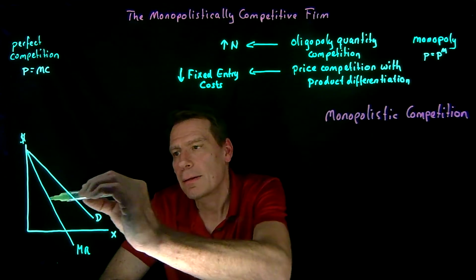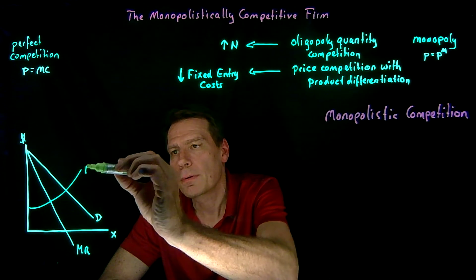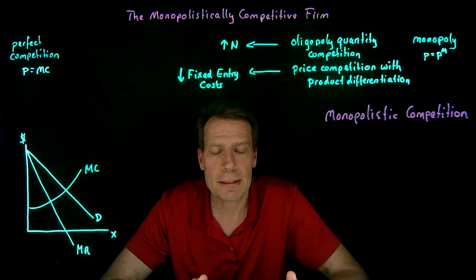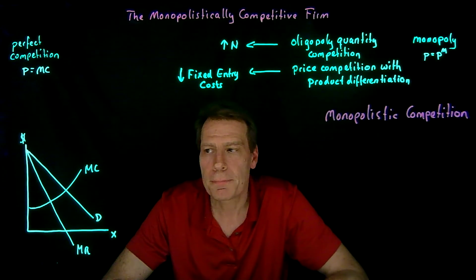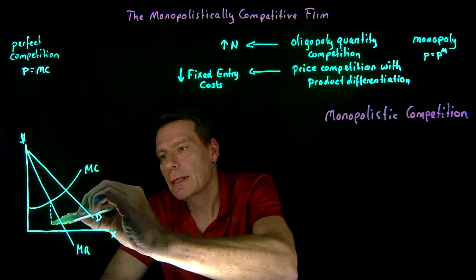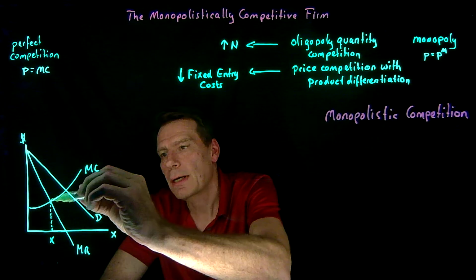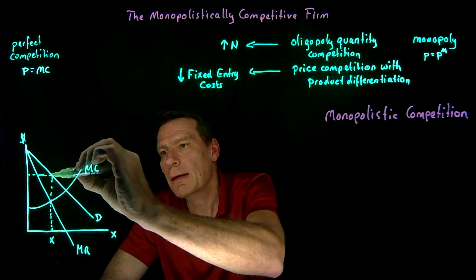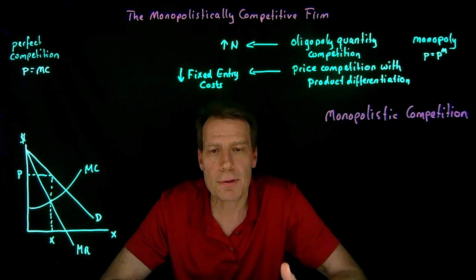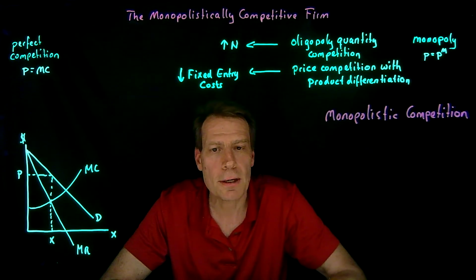We can then add the marginal cost curve for the firm, and we get a picture that looks a whole lot like the picture for a monopoly. That's because these firms are little monopolies. They have market power just like a monopoly does. So these firms will then produce where marginal cost intersects marginal revenue and price along the demand curve just like a monopoly does. And within that picture we can see the profit that the firms in the industry are making, assuming that there are no additional recurring fixed costs.